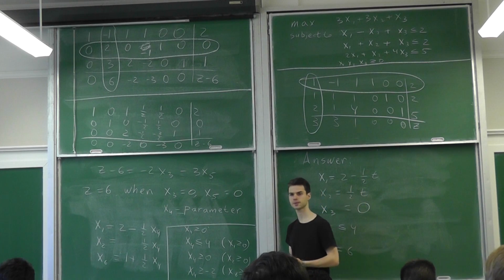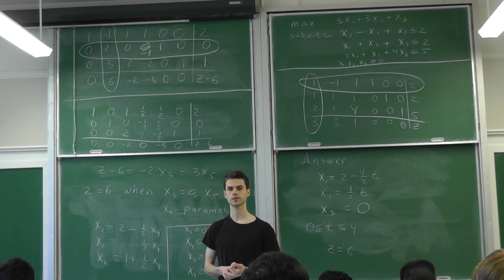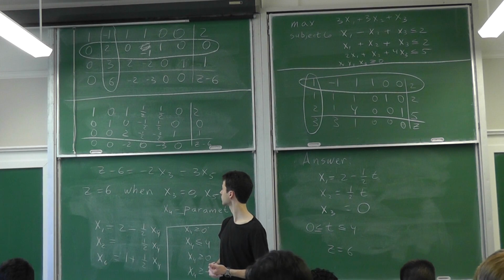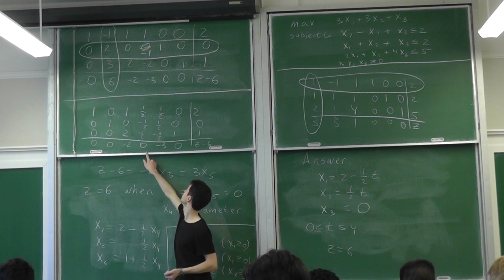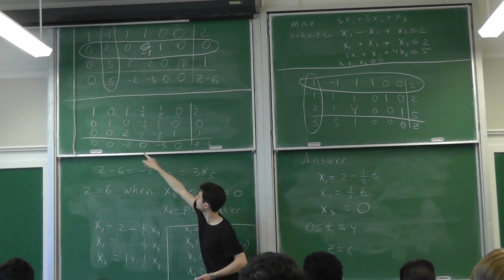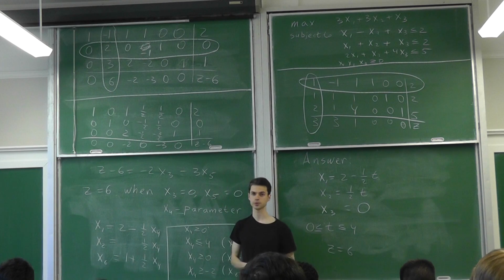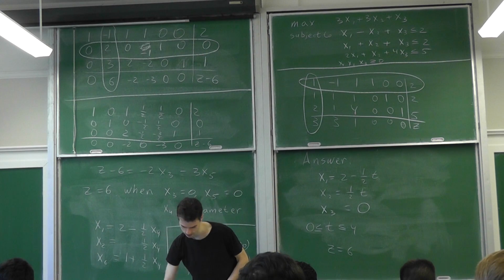Other questions? Yeah. If x4 was an integer not equal to 0, then would x1, x2, and x6 be just 2, 0, and 1? Yes, so if this was, say, minus 10, then x1, x2, and x6 would be 2, 0, and 1 correspondingly. Okay, so let's